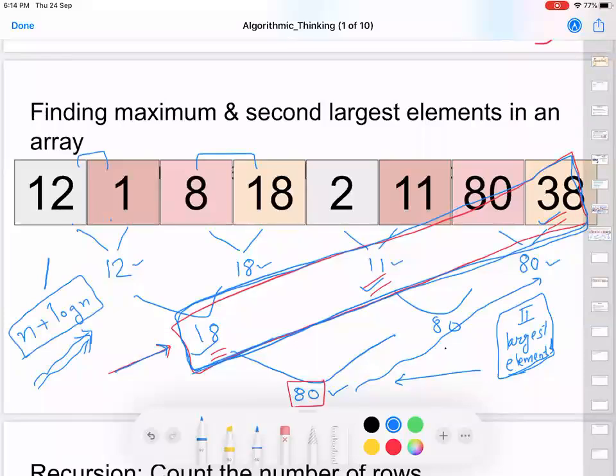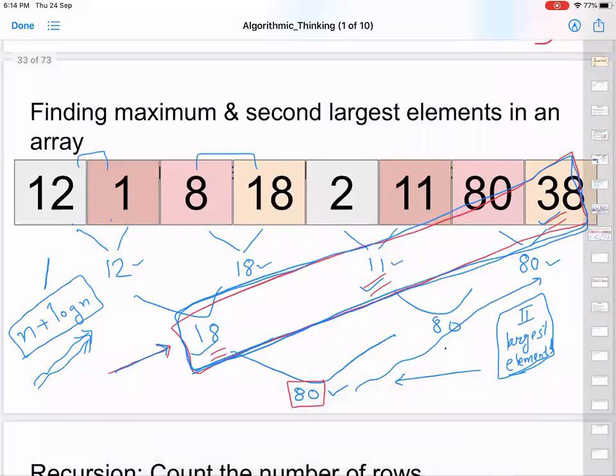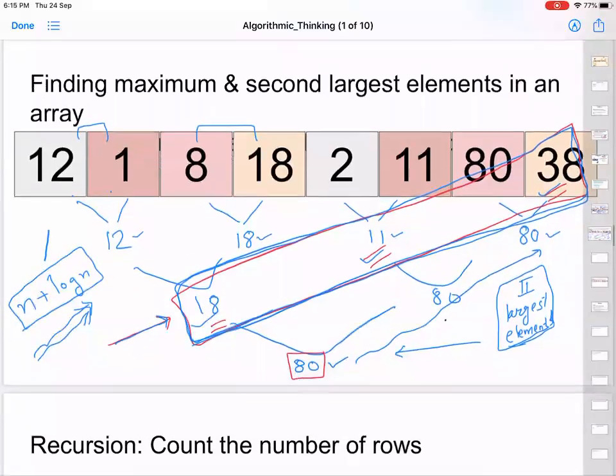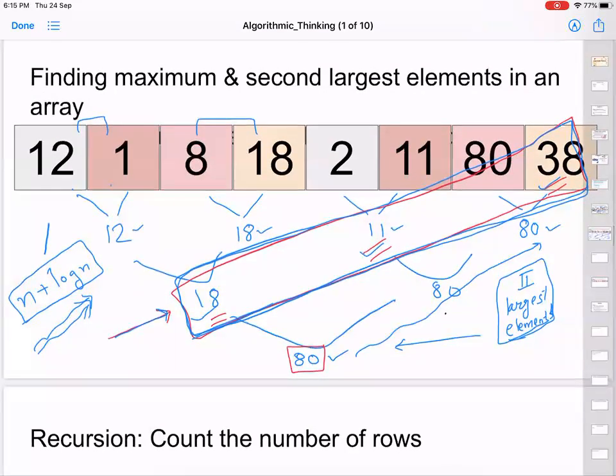So you have reduced the number of comparisons here. This tournament algorithm which we just talked about is a classic example of a recursive problem. Till now we have looked at it in an iterative sense, but you can also think about it recursively. In order to do that, I'll give you a brief recap of what recursion is, and we'll also discuss how you can frame some of the important questions in data structures as recursive problems.